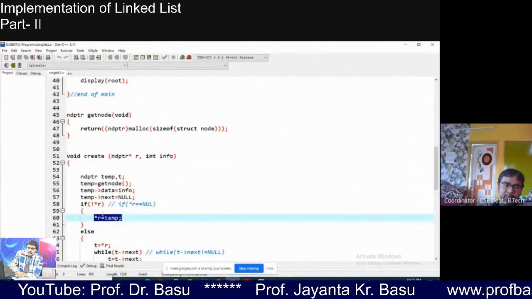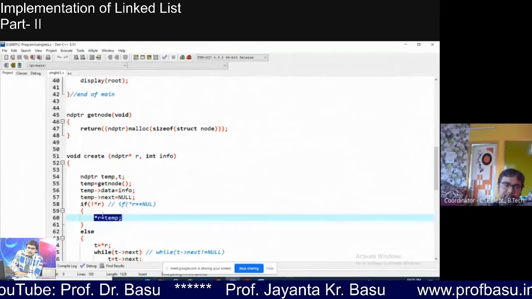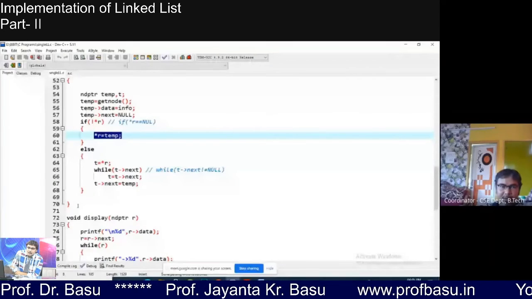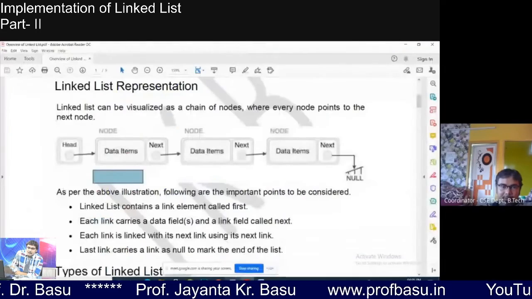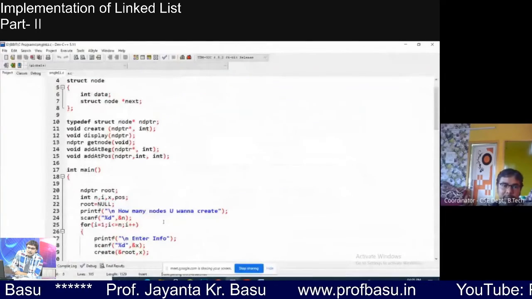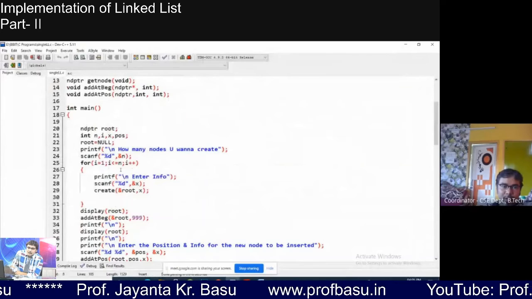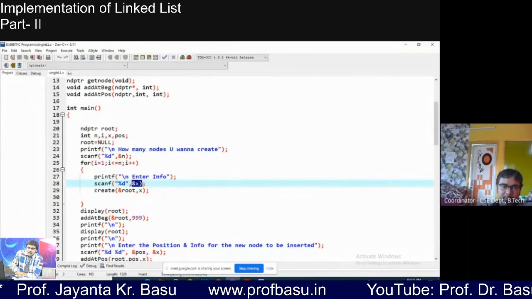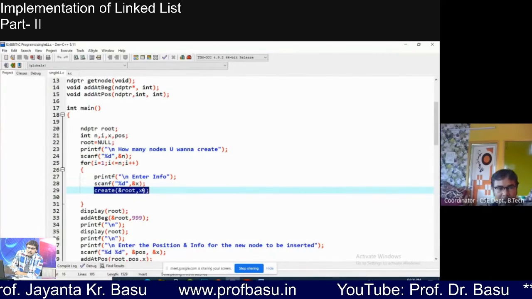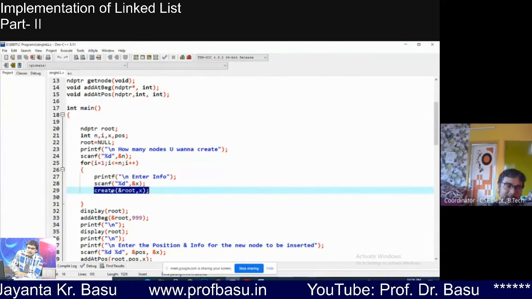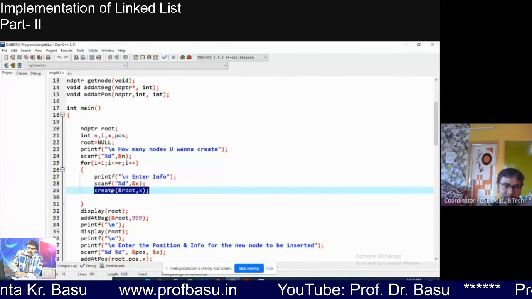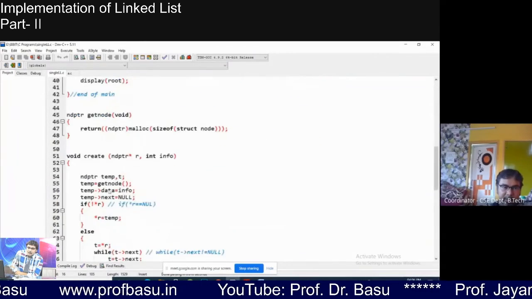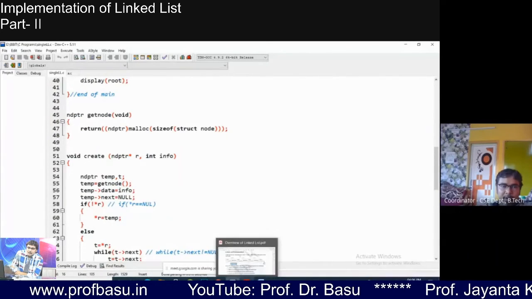This is for the first one. Now we are going to the second one. How are we going? We have to start from the beginning. When i becomes 2, again it will ask the user for input, and again the create function will only add a single node at the end of the list. The second time when the create function is called, the same task will be repeated, right? You have to traverse from the beginning.